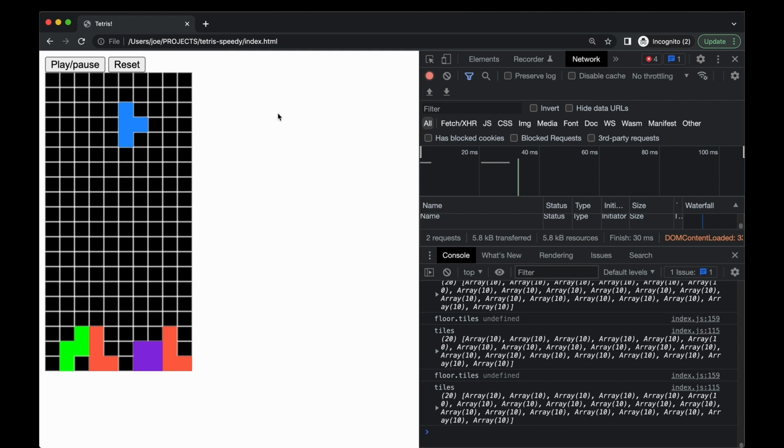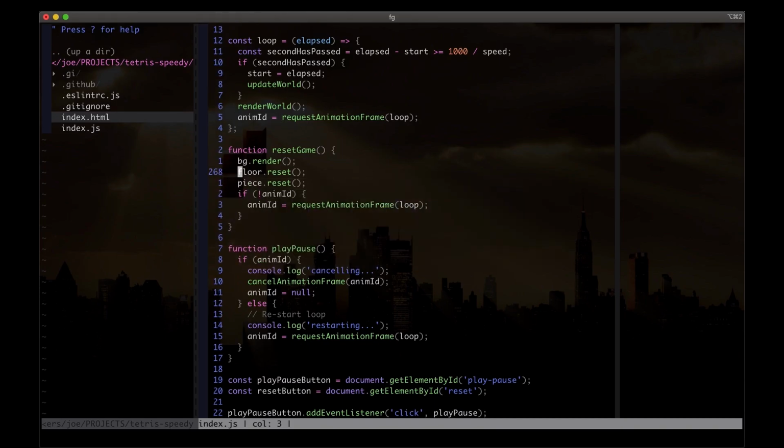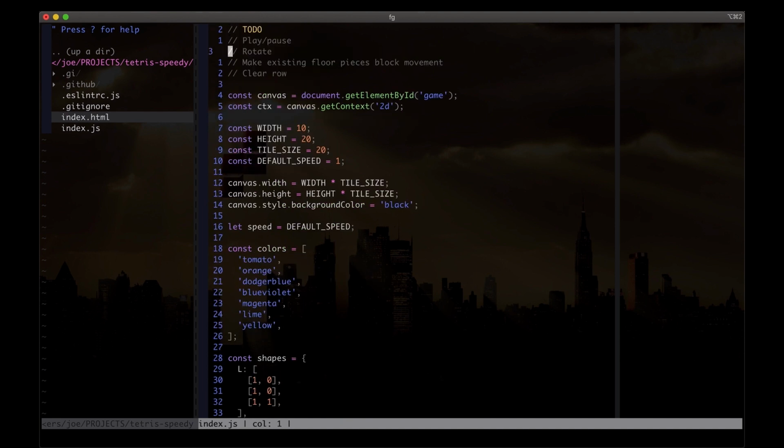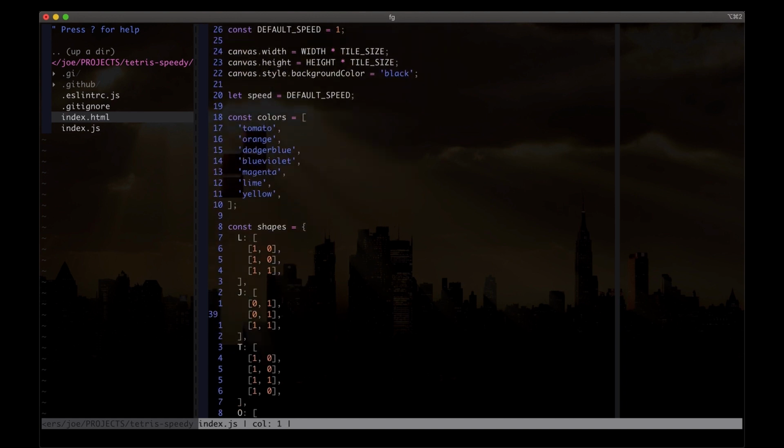Next, let's see, should we make the pieces rotate or should we stack them up on the ground? I think we'll make them rotate and then maybe I'll stack them up in the next video. So if we go to make these rotate, there's a couple different ways. We could write a little algorithm that will loop over all the tiles and basically move the columns into the rows. But I think instead of doing that, I'm just gonna do the quick and dirty version, which is basically it's gonna be making